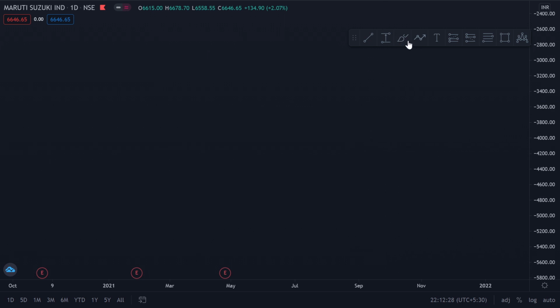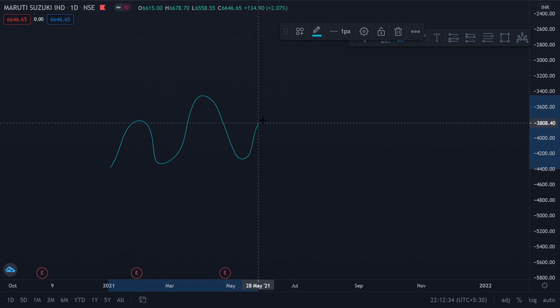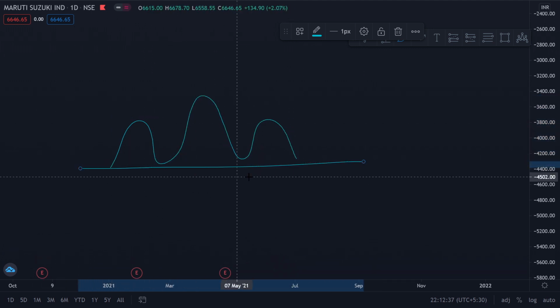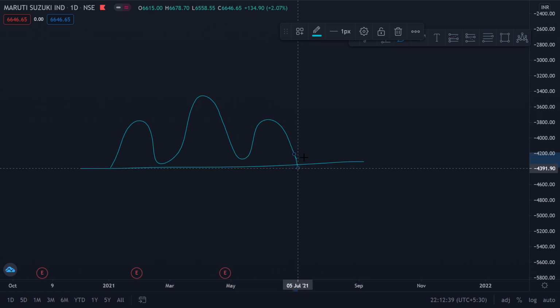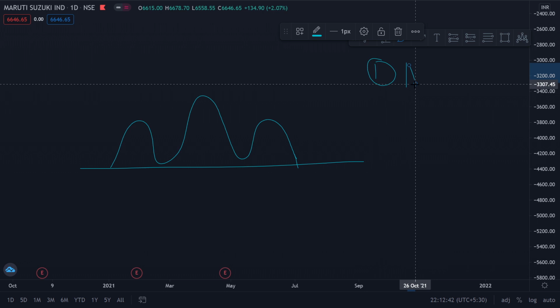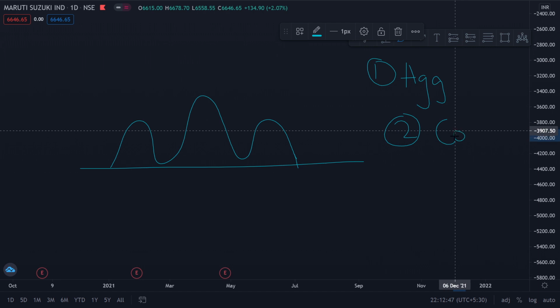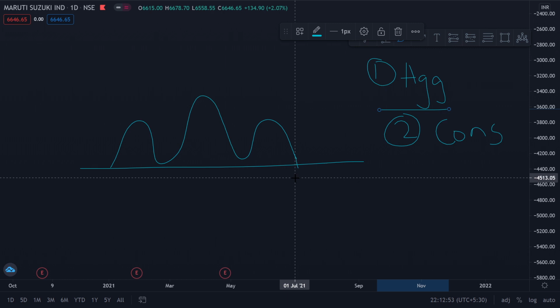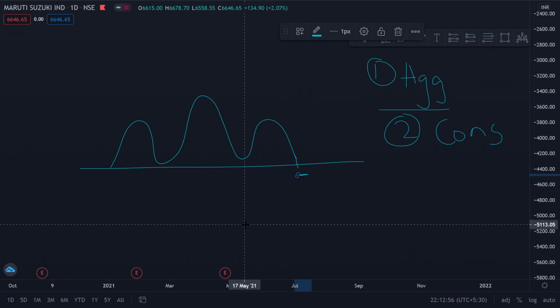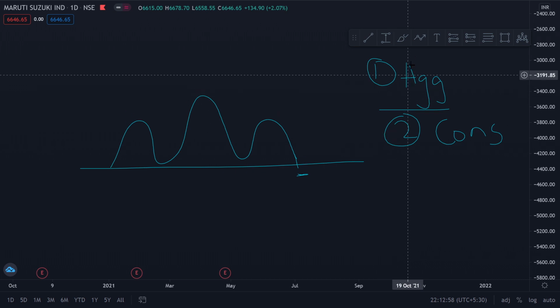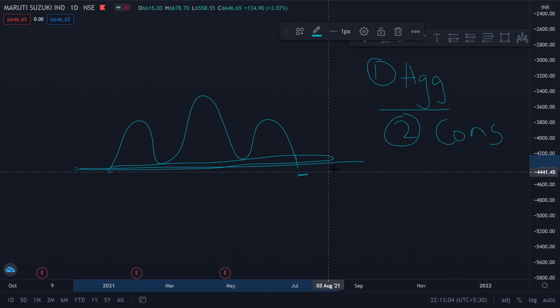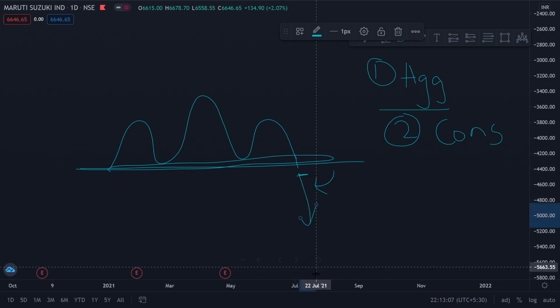And before looking at the examples, let's look at when to enter and when to exit, right? So there is no hard and fast rule as to when to enter and when to exit. You can enter at either of 2 points. The first one is the aggressive entry, and the second way is a more conservative approach. So what does an aggressive entry mean? An aggressive entry means you have placed a sell stop order right here, which is your entry point basically. So as soon as the neckline is broken, you want to short sell the stock and hope that it falls further down.